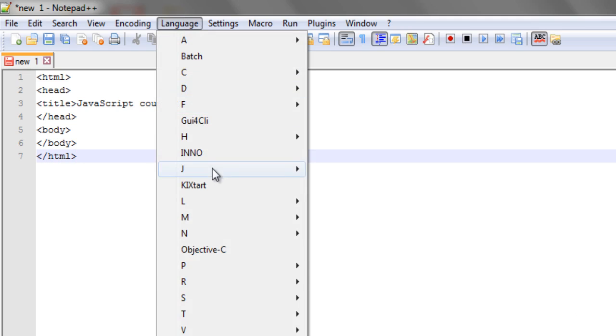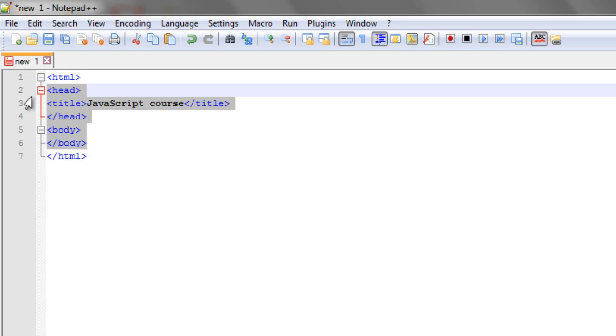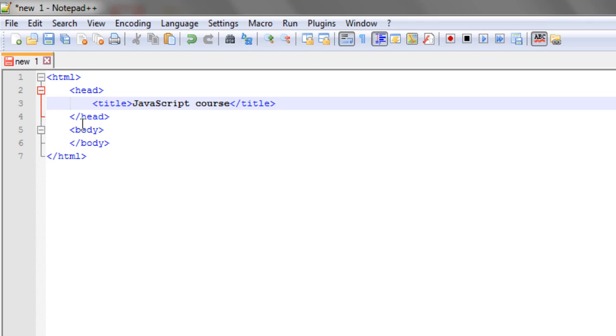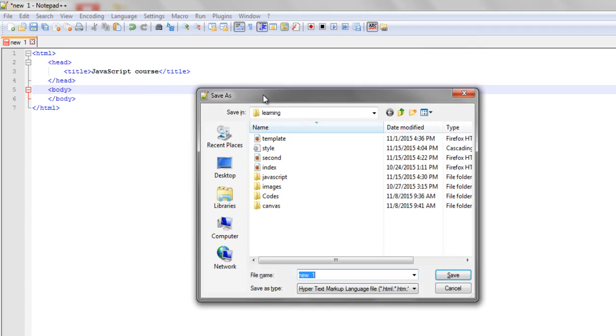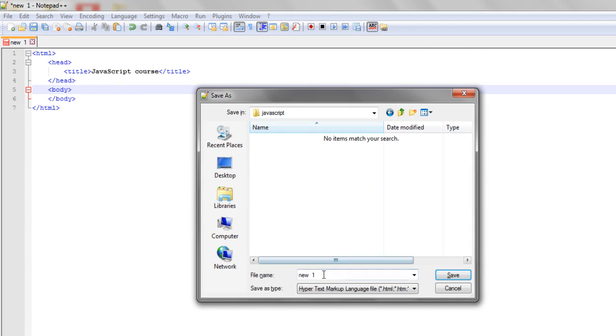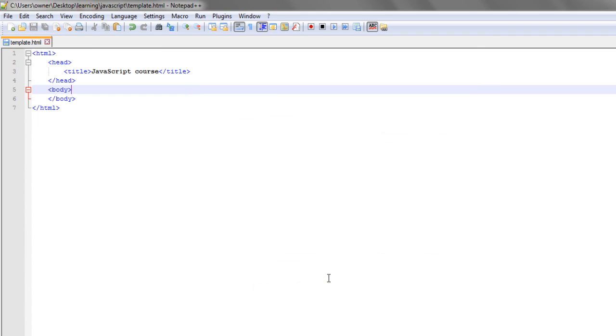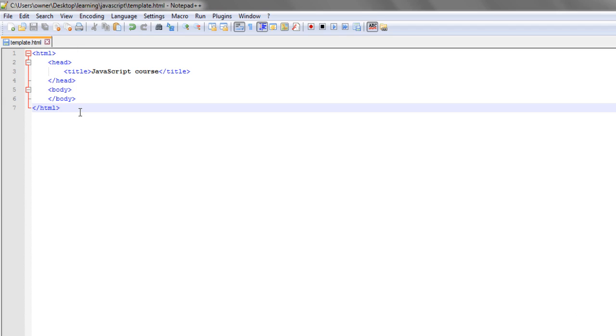Okay, and in languages I will choose HTML, and then I will apply some indentations. So here it is. Now I will save this file as my template. This is how I write a basic template, and in this template I will write all my scripts in future videos. Now we have to write our JavaScript in this code, so we use a script tag